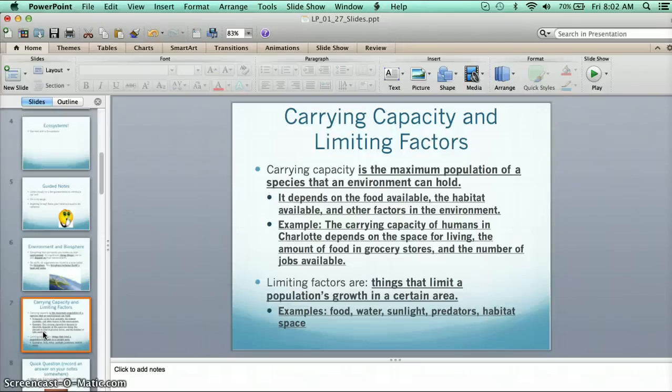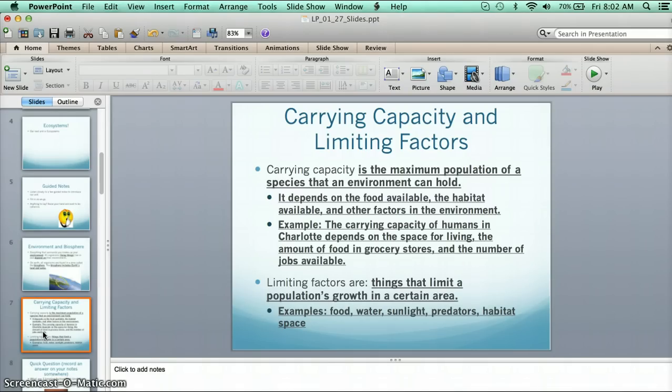So you want to think of how many total lizards or how many total deer can a certain environment hold. That's going to be a carrying capacity. So it's actually a number, a population number. It depends on a lot of different things if you think about it. How many deer can live here? It's going to depend on how much food is there. It's going to depend on the habitat. Are there enough places for the deer to live? And then it's going to depend on other things like water, the air quality, the humans in the environment, hunting,